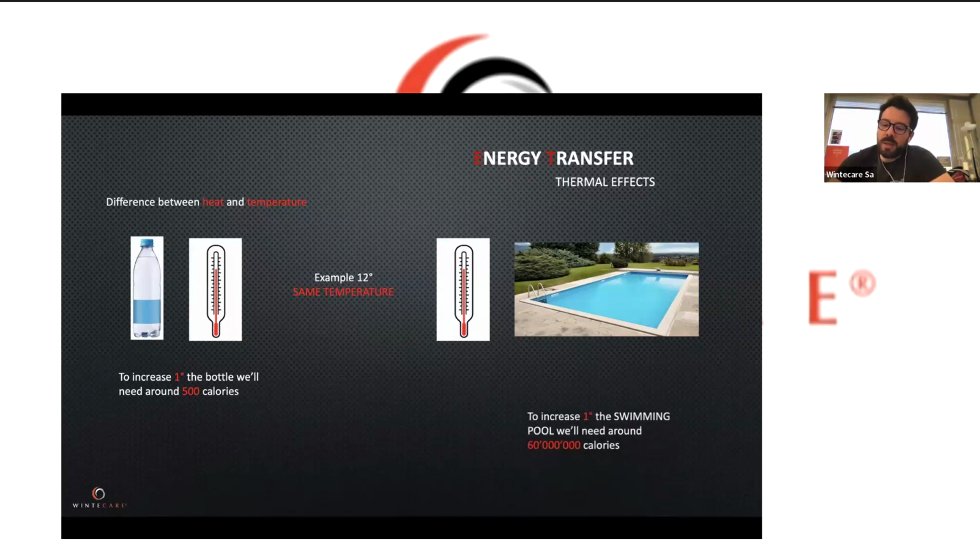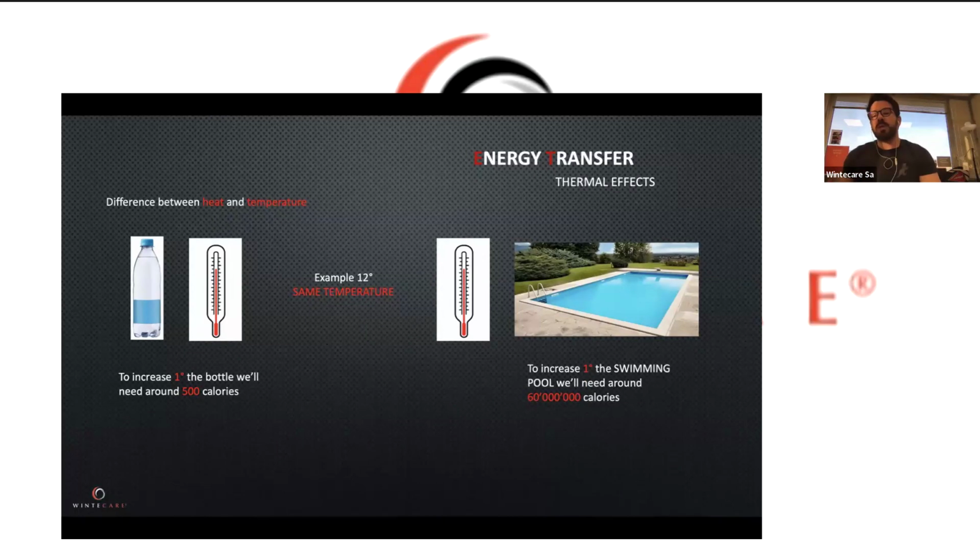But what about the pool? Within the pool, we have much more thermal capacity, so we need much more calories to change even just 1 degree of temperature. Why am I telling you this? We need to understand the difference between temperature and calories and heat, because otherwise we risk choosing the wrong